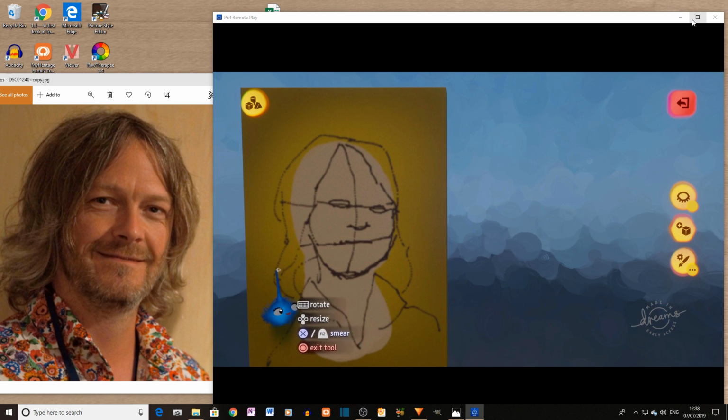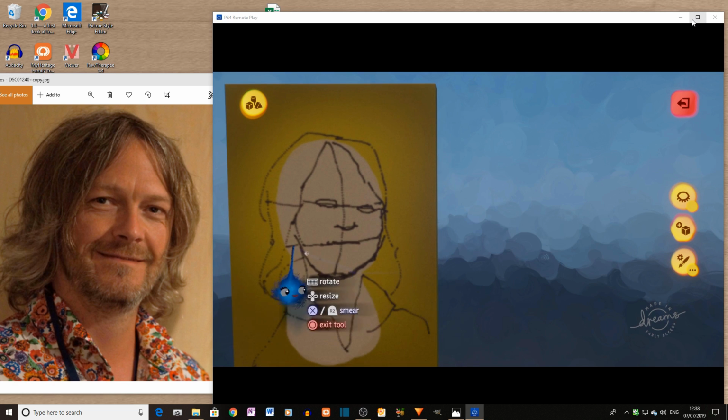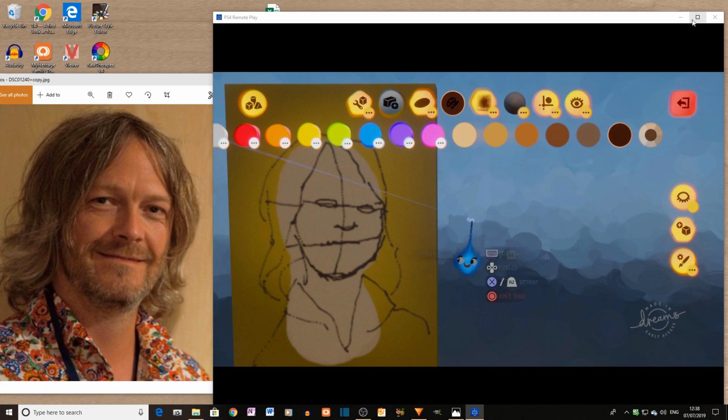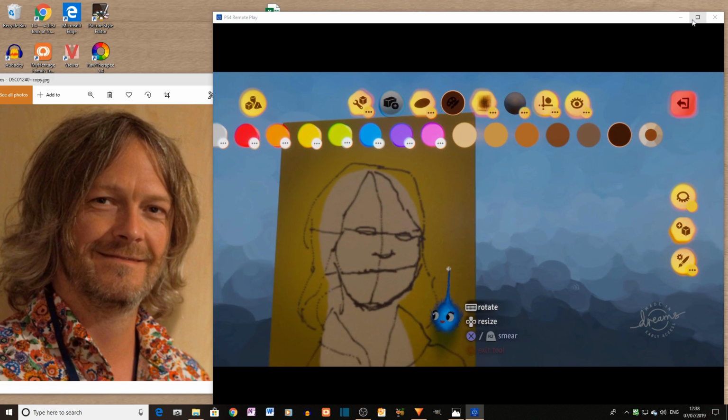It's exactly the same as you would if you were painting anything on a real canvas. It's exactly the same method. I'm completely new to painting, so I am not the best person to be teaching you painting technique, but